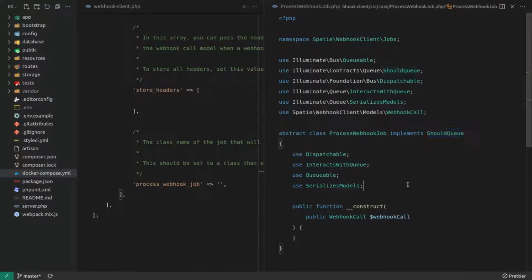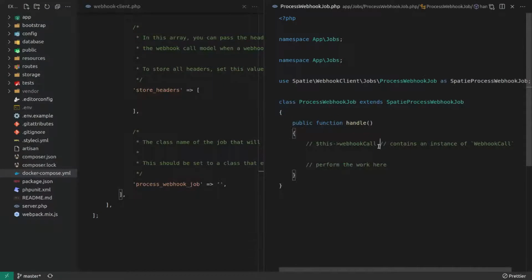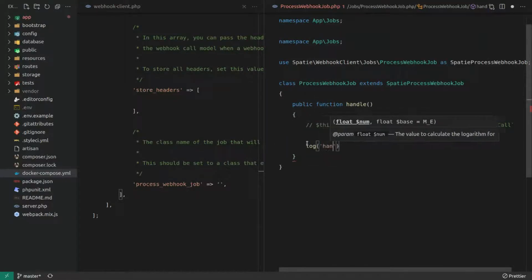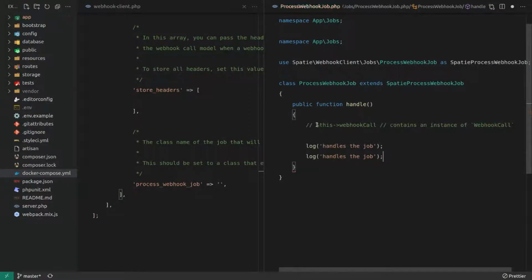Yeah, okay, it does implement ShouldQueue behind the scenes. Whew, all right, so this is getting sticky, but we're almost there. So now we can say here log handles the job, and then we'll do another log that basically prints out the webhook.